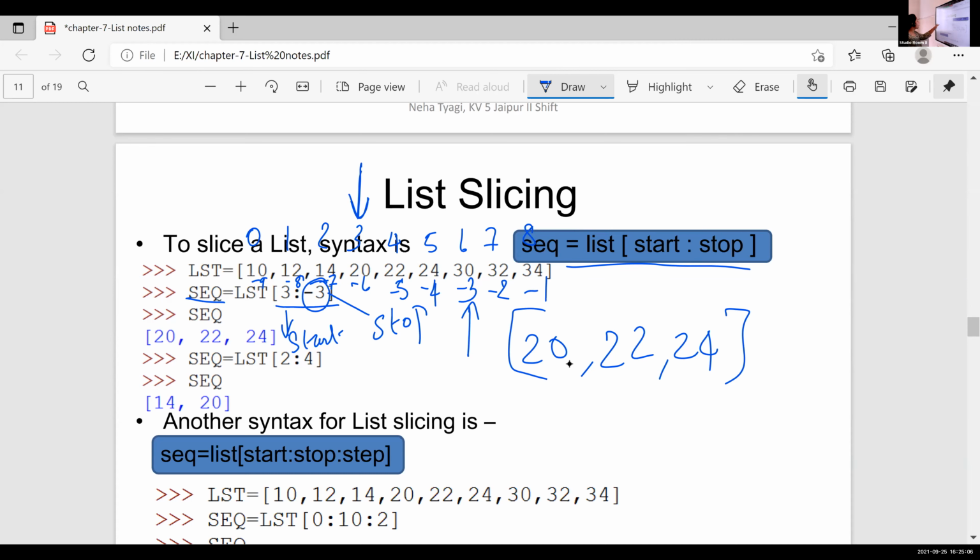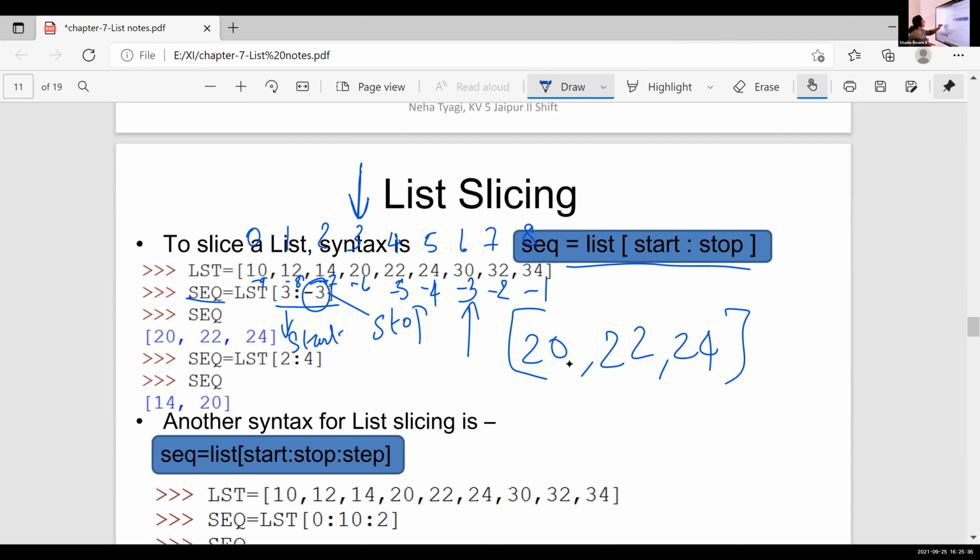Okay, so before writing the result, first you write the position values or index values based on forward indexing and backward indexing if there is a negative value. So in the case of slicing, if I'm using only positive values, then there is no need of writing the backward indexing. You just write the positive indexing only. Here I'm using one negative value also. That's why I'm writing positive and negative indexing.